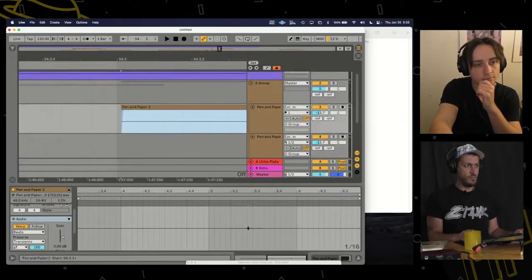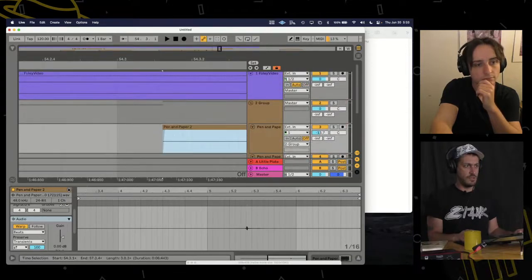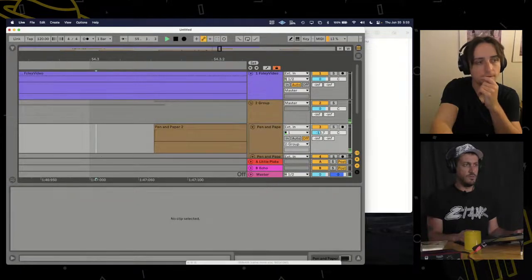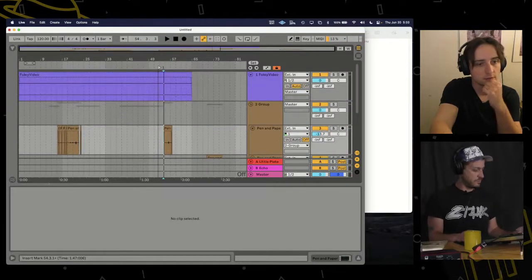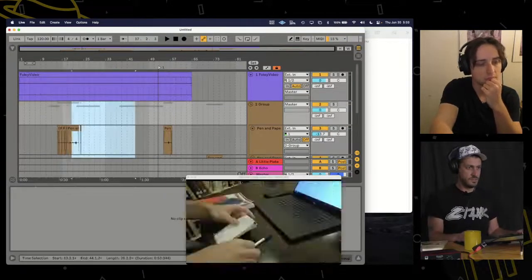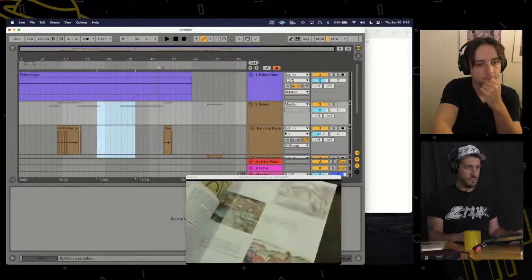a smarter workflow maybe to actually have these all on one track and cut between them. But some of these sounds are going to have to happen at the same time, so there's going to be a little element of that. We're doing pretty good though. That's a huge chunk of it. That's most of the sound. So what's left? We're gonna do